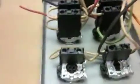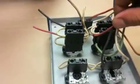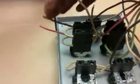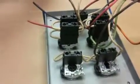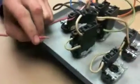Your first step would be to remove your black wire and your red wire from here. These wires are going to go to this contact over here. After removing the red and black wire and installing it on the switch,